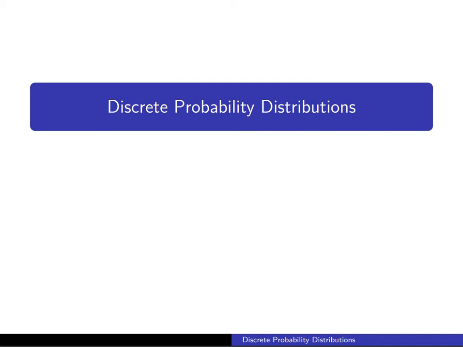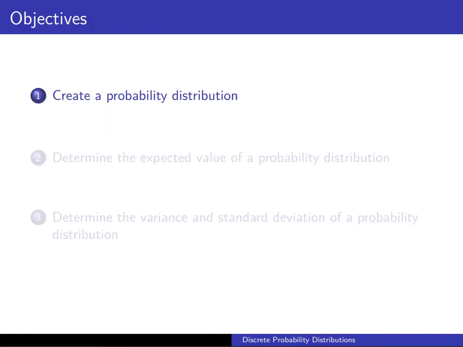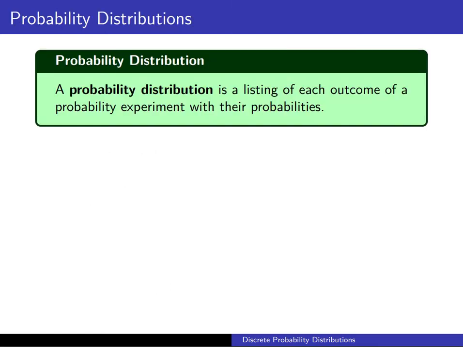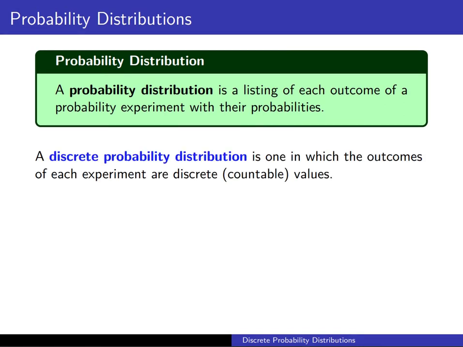All right, in this video we're going to introduce discrete probability distributions, and we'll take a look at creating probability distributions for discrete data types. So a probability distribution is nothing more than a listing of each possible outcome of a probability experiment along with their associated probabilities. And a discrete probability distribution is one in which the outcomes of each experiment are discrete or